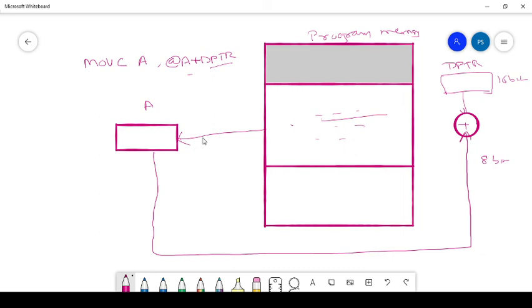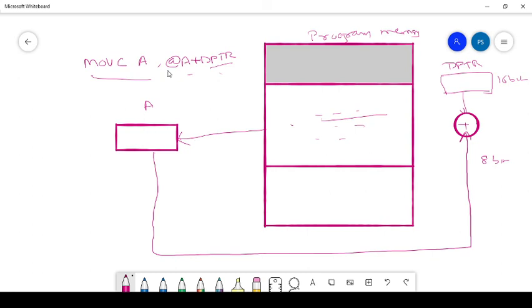So this instruction adds the 8-bit accumulator contents to the 16-bit data pointer and uses the sum as the address of the byte, from which the code byte is moved onto the accumulator. Simply, I want to move the code byte stored at a particular address of the program memory. That address is calculated from the contents of accumulator and DPTR, and the byte is moved onto the accumulator. That is specified by this instruction MOVC A, @A+DPTR. That is what is called indexed addressing mode.